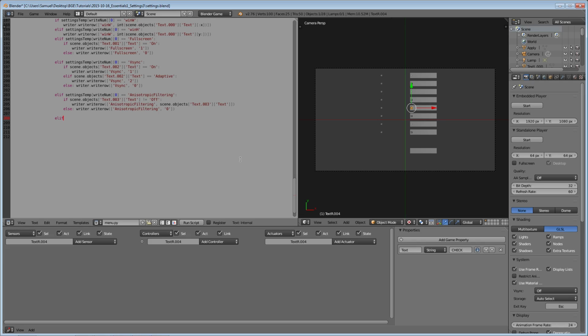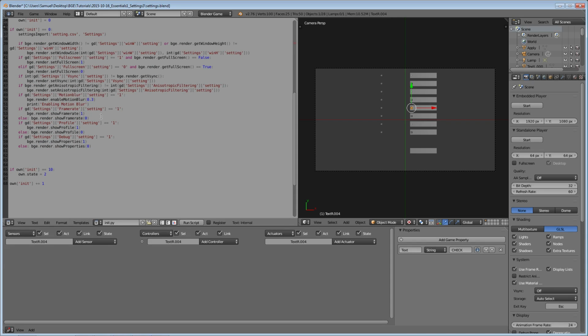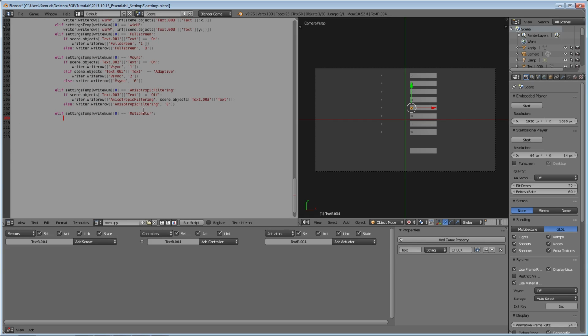Cool, so what's next? Motion blur. Elif settings temp. Oh, sorry. Brackets, not parentheses. Settings temp write num zero equals motion blur. Ooh, hold on. Is motion blur with a capital B or a lowercase b? That's a lowercase b, sorry. Couldn't remember. I should be more consistent, shouldn't I? Okay, so motion blur, and we're going to just go